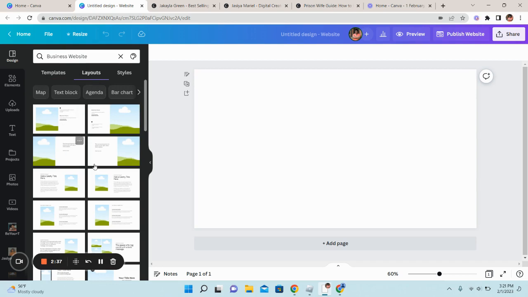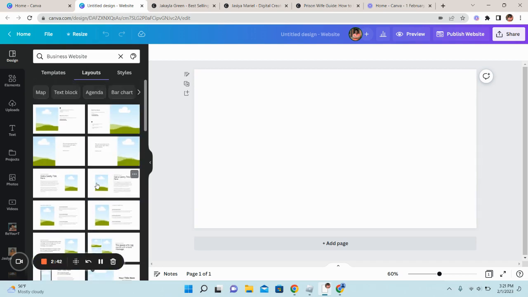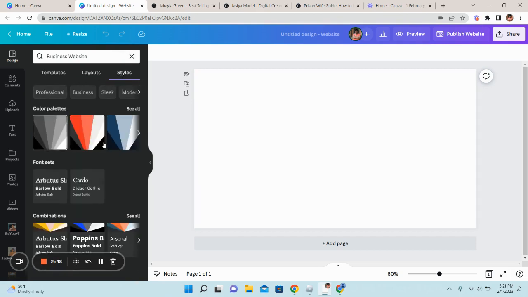It's coming up. So right here, these are different layouts. Now these layouts are just plain. There's no design with them. This is just giving you a layout, right? And then you have styles here. In the styles, you can pick your color palettes. You can click your font sets. And then you have your combinations, things like that. So it really gives you a full blown design palette for you to design your website